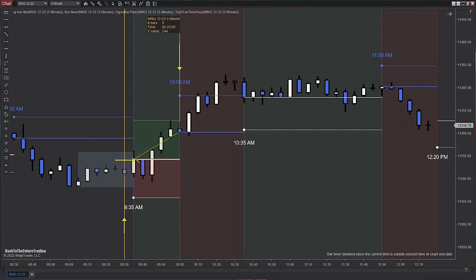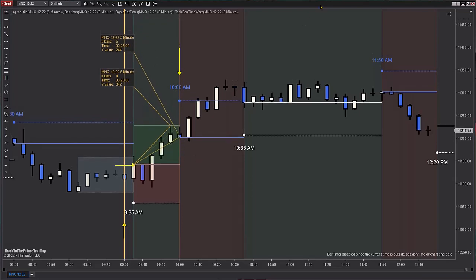So we have a 1-to-1 target and a runner target. Our 1-to-1 gets hit to the tick right there. Okay, and then let's just move these to the side for now. And then we have a sell window at 10 a.m. We're supposed to sell, and the price just keeps going in the opposite direction. This was actually a reverse polarity trade. So we have to take 2 losses at that stop loss there.